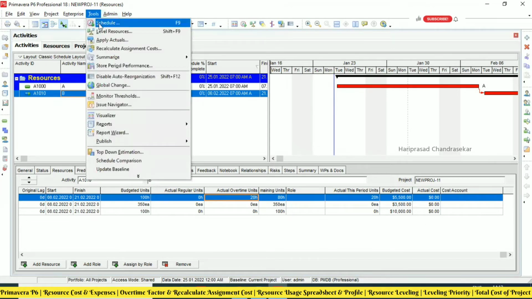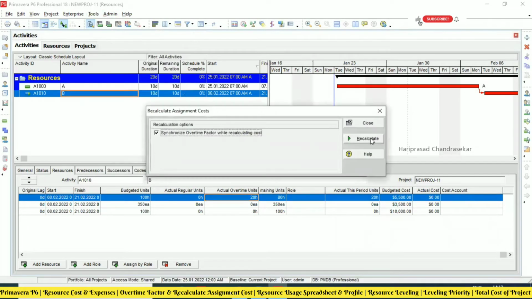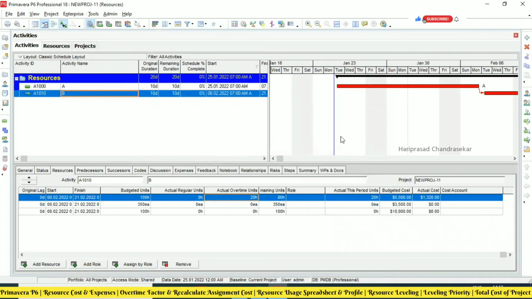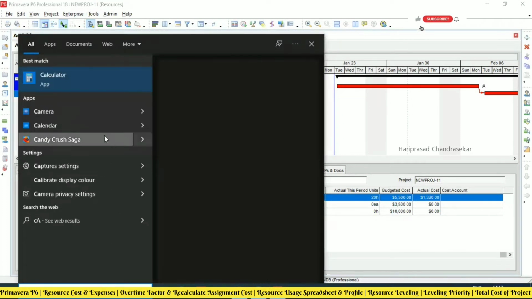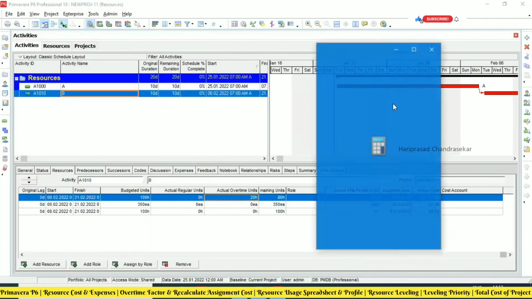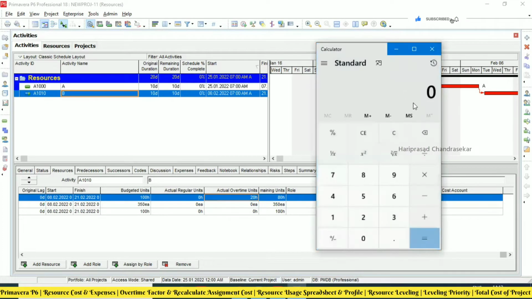So you need to go to Tools and then Recalculate Assignment Cost. After that only you are getting the actual cost. Based on this 20, you are getting 1,320. How? 20 into 50 into 1.2. Now we put 55, so 20 into 55 into 1.2.